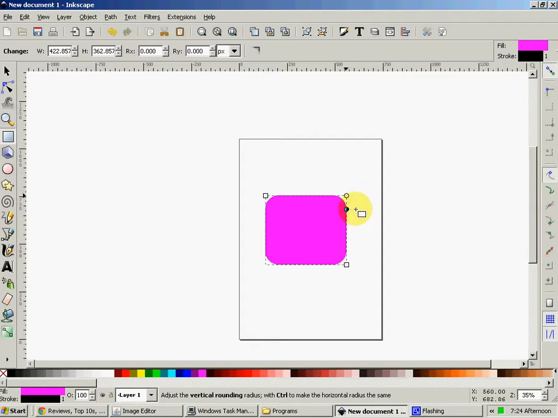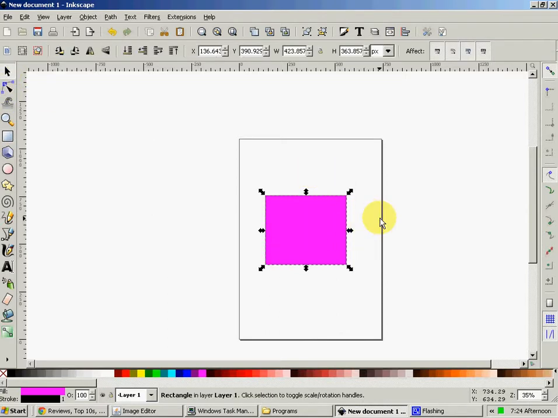This thing, if you're wondering, is actually a curving tool. You can make it a square. I forgot what's the name of this. And a circle. Or an oval. Anyway,